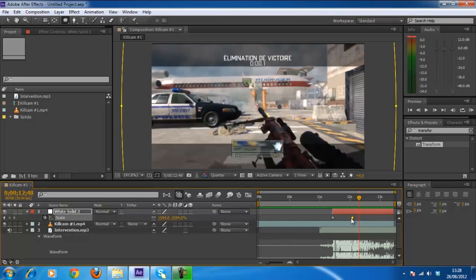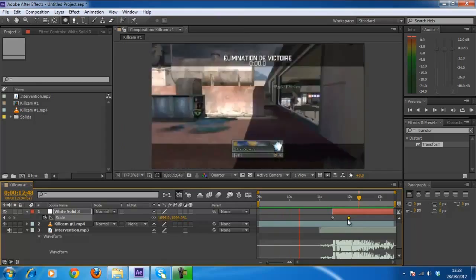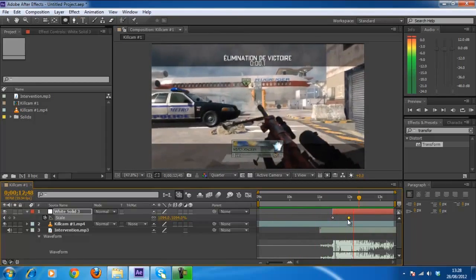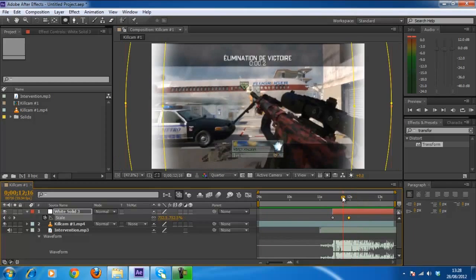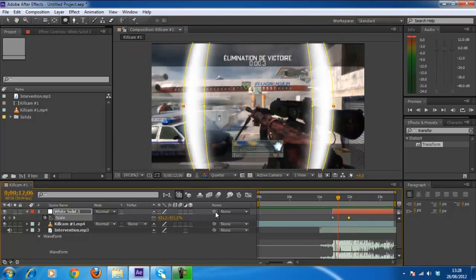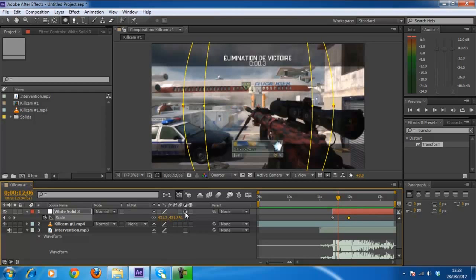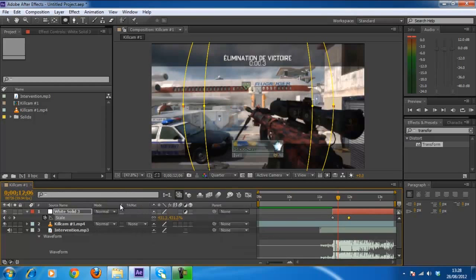that's a bit slow for my liking, so I'm just going to speed it up. Okay, now that I'm happy with it, I can turn it into an adjustment layer. And to turn a solid into an adjustment layer, or to turn anything into an adjustment layer, click this little switch here. If you can't see the switch, I think it's F4 to bring up those switches. Yeah, so press F4 if you can't see those switches. Also, I think you need to press F4 to see these yellow things as well,